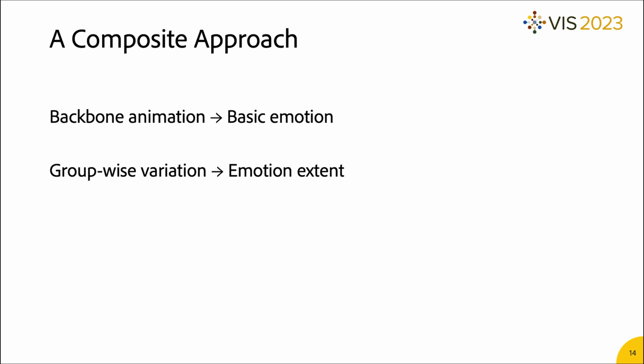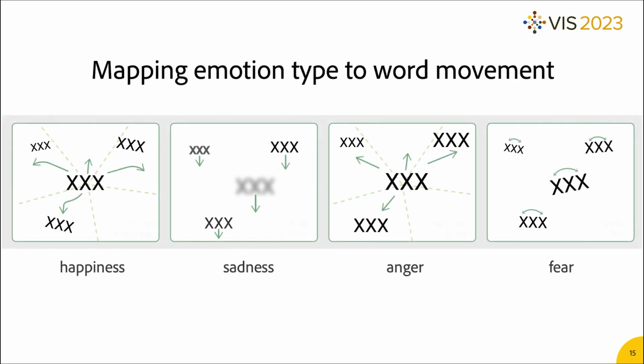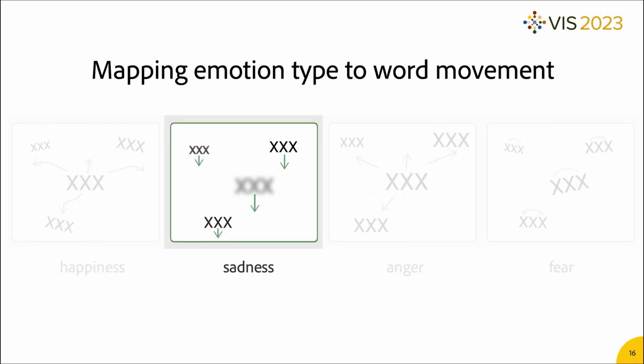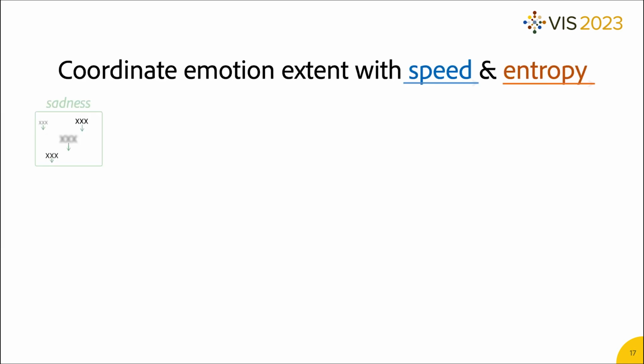Inspired by these examples, we propose a composite approach where we regard an animated wordle as a composition of multiple animated text. There is a backbone animation scheme for each text element, meaning that they share a similar animation pattern, but there will be slight variations so that we can play with randomness, namely entropy. Accordingly, we designed 4 backbone animations based on the qualitative coding. Here we use the fading effect as an example.